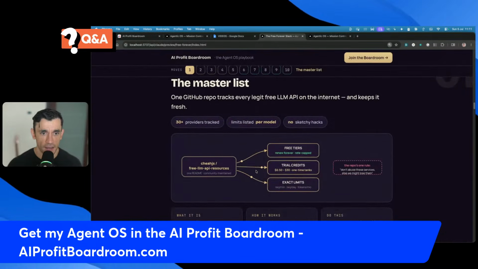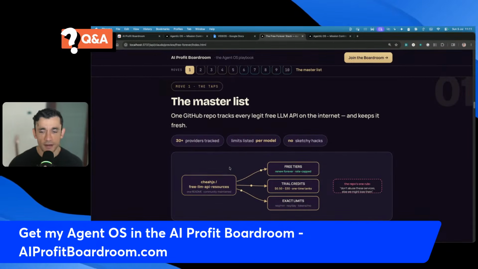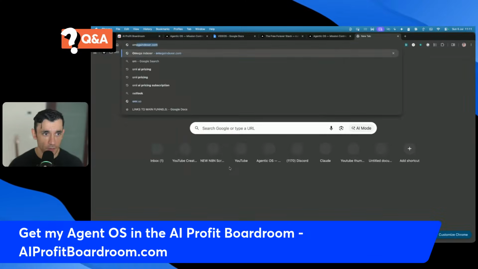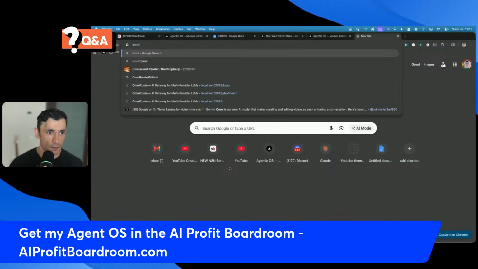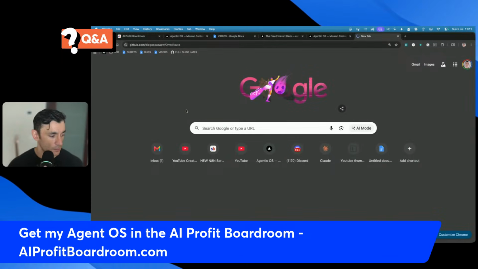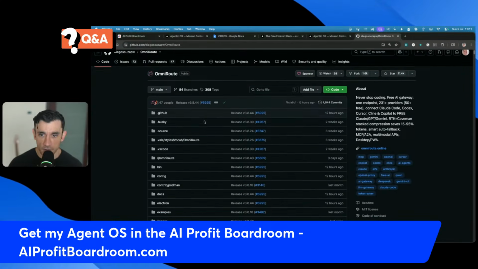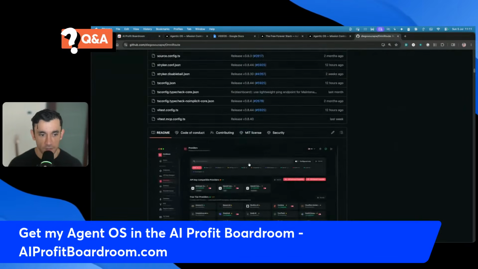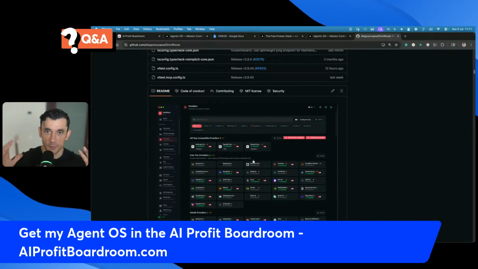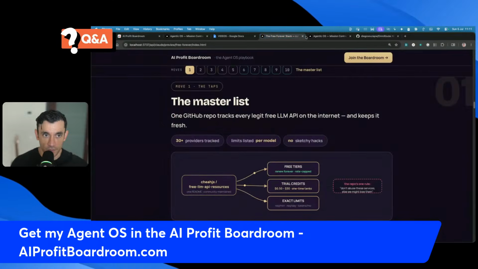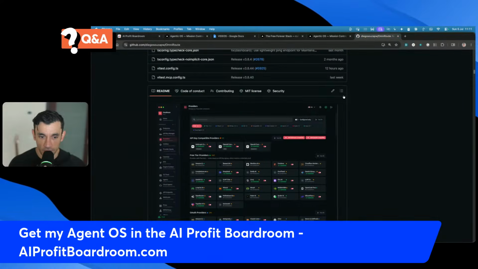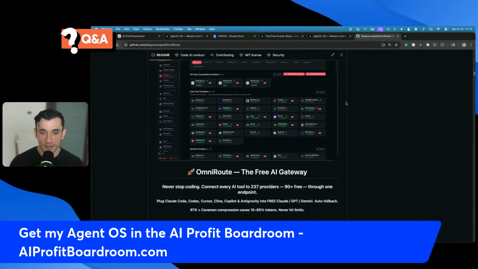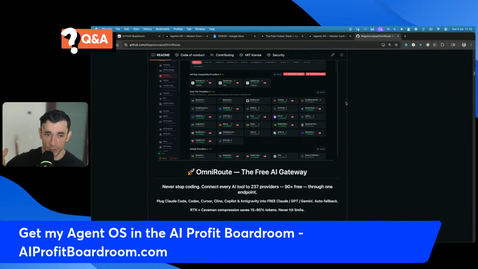Now, also, if you're wondering, is there a way you can automatically route between them? What I've seen recently is you can use something called OmniRoute. Now, when you use OmniRoute, what that means is that it has a list of all of these model providers, like you saw with the GitHub we looked at a second ago. But with OmniRoute, basically you get a local endpoint, and then it automatically routes the tools you already use across